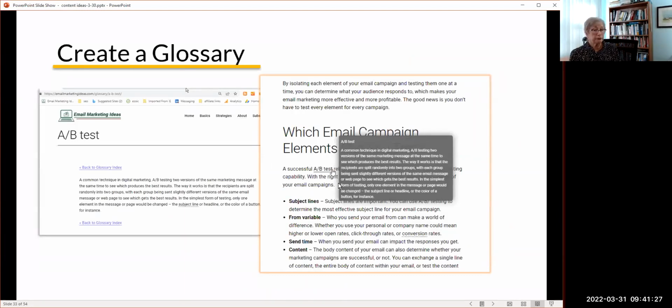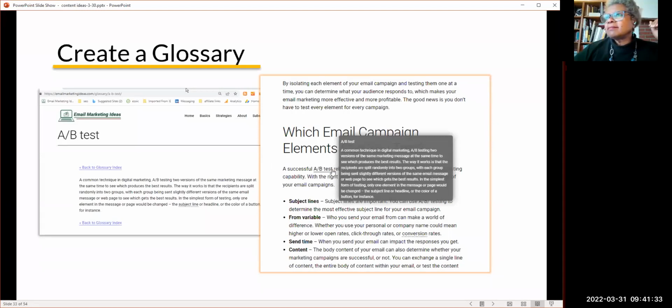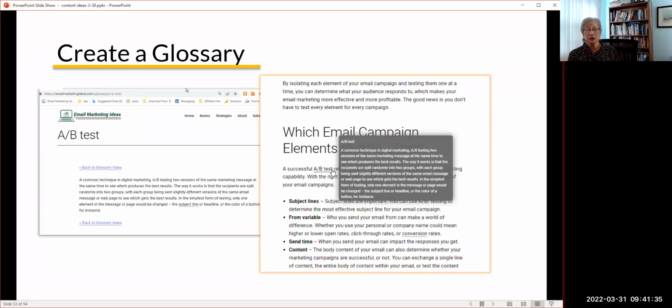Another thing you can do is to create a glossary. This is useful for any kind of product or service that uses terms that people may not be familiar with. What happens if you're reading along and, for instance, we had an article talking about A/B testing, and somebody doesn't know what that is? They might go back to Google and search, what does A/B testing mean? Find that answer and completely forget about your site, and you've lost them. So instead, we put the information right in front of them so they don't have to leave. We used a WordPress glossary plugin for this.